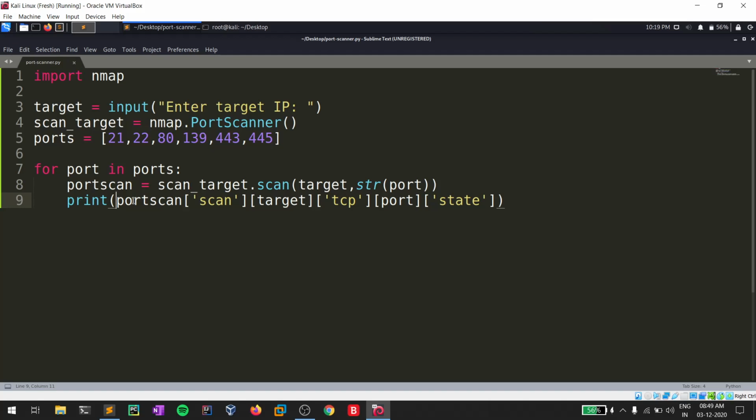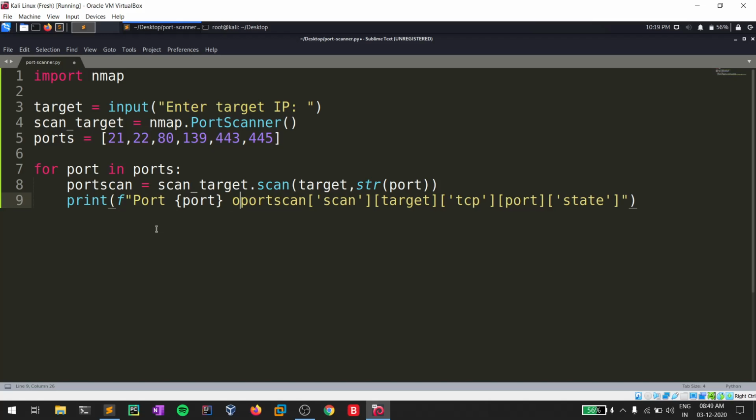So let's do formatting. If you don't know formatting, it is really simple. You format a string in an easier way. I'll show you how you can do that. If you want to specify a variable, specify it in curly brackets. For port, let that be 21.